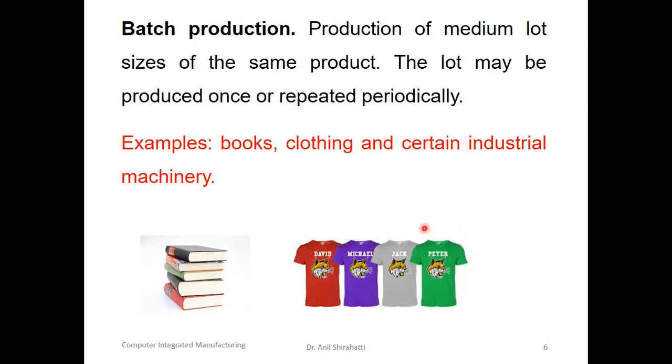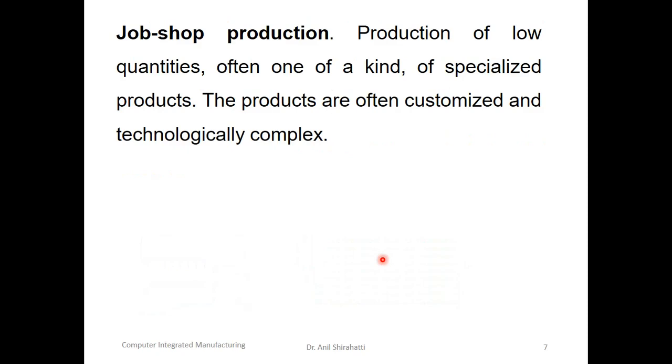So in this case we can have variety. For example, in t-shirts, I can have the same logo, but different names. So when I'm producing with the logo, all these 4 t-shirts can be considered as a single batch only, because I'm just putting the logo irrespective of colors. Okay, now the last one is job production.